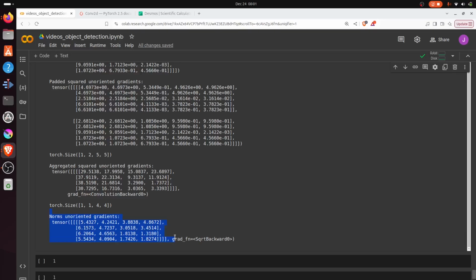Essentially we are going to place them all in a structure, and we also are going to set an upper limit for the magnitudes of our gradients, and this is due to the fact that we want to avoid